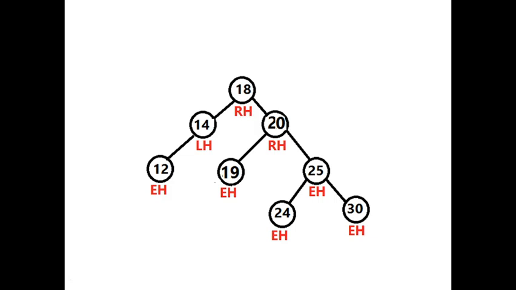So RH indicates that this particular node, which happens to be the root, is right high. That means the right subtree has one node in excess of the left subtree. Similarly, here it is LH, which means that the left subtree is one node higher than the right subtree. So in this way we can classify every node, and in this particular case it is marked as even high. That is because both the left and right have equal height. So in such a case it is treated as even height. Otherwise it is either left high or right high.